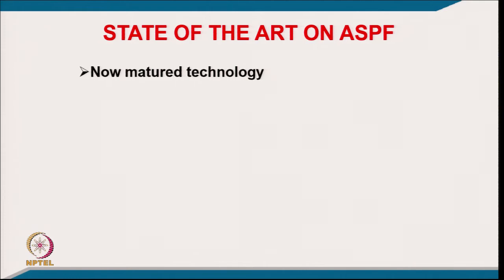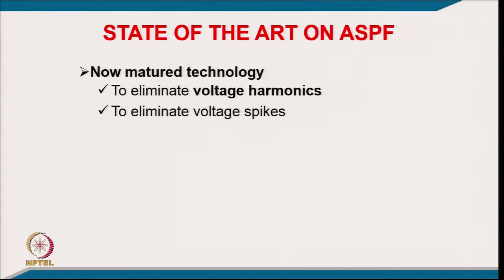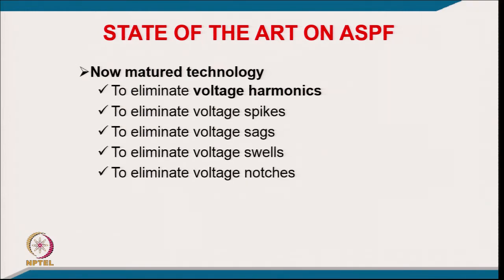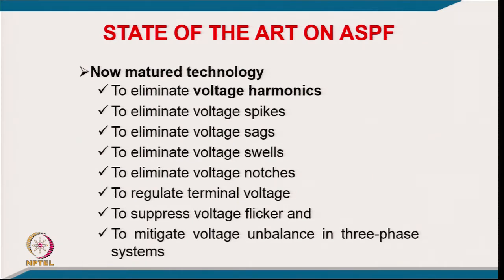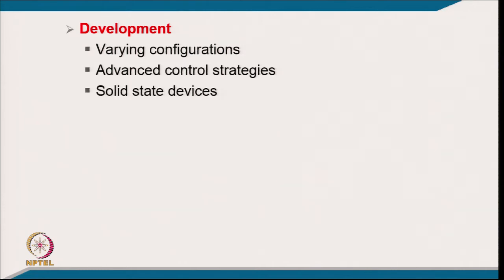And coming to the state of the art, the series active filter is now a mature technology to eliminate voltage harmonics, voltage spikes, voltage sag, voltage swell, voltage notches, to regulate the terminal voltage, to suppress voltage flicker, and to mitigate voltage unbalance in a 3-phase system. These series active filters are developed in varied configurations with advanced control techniques and